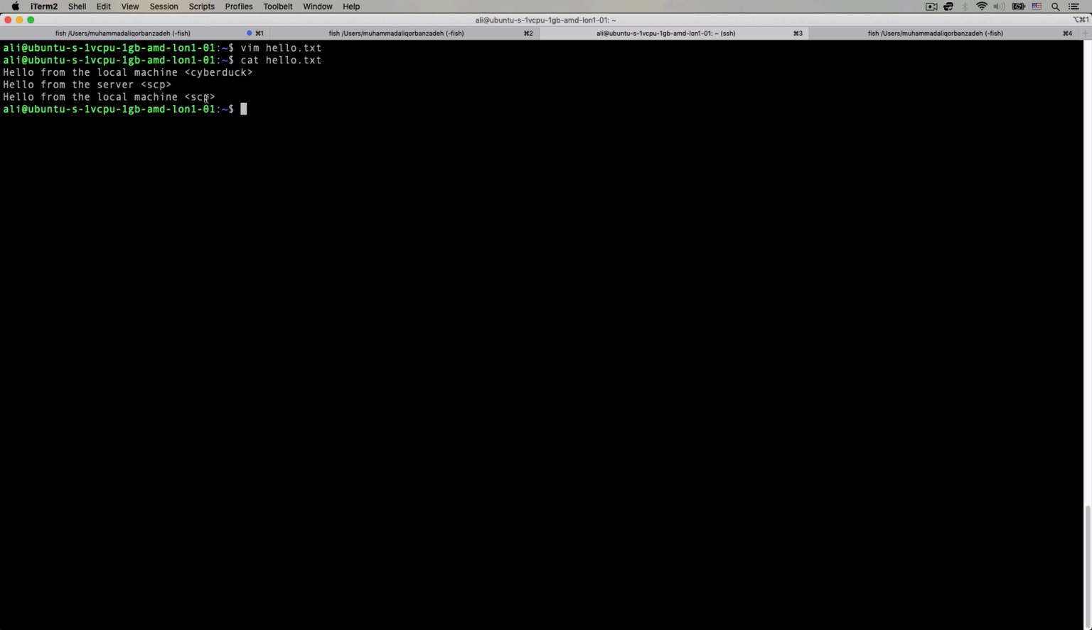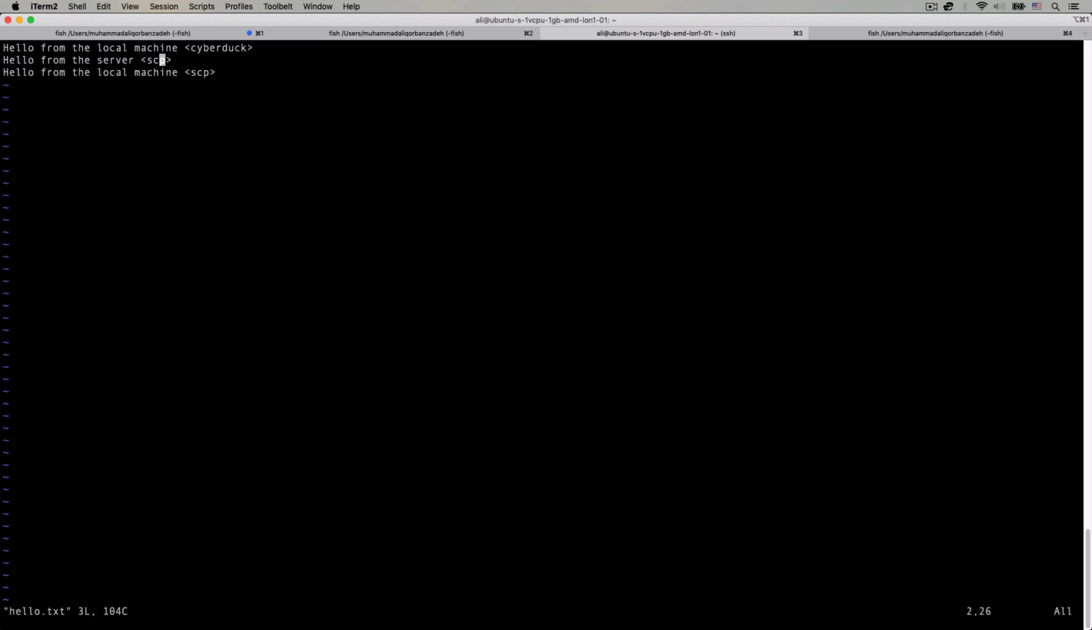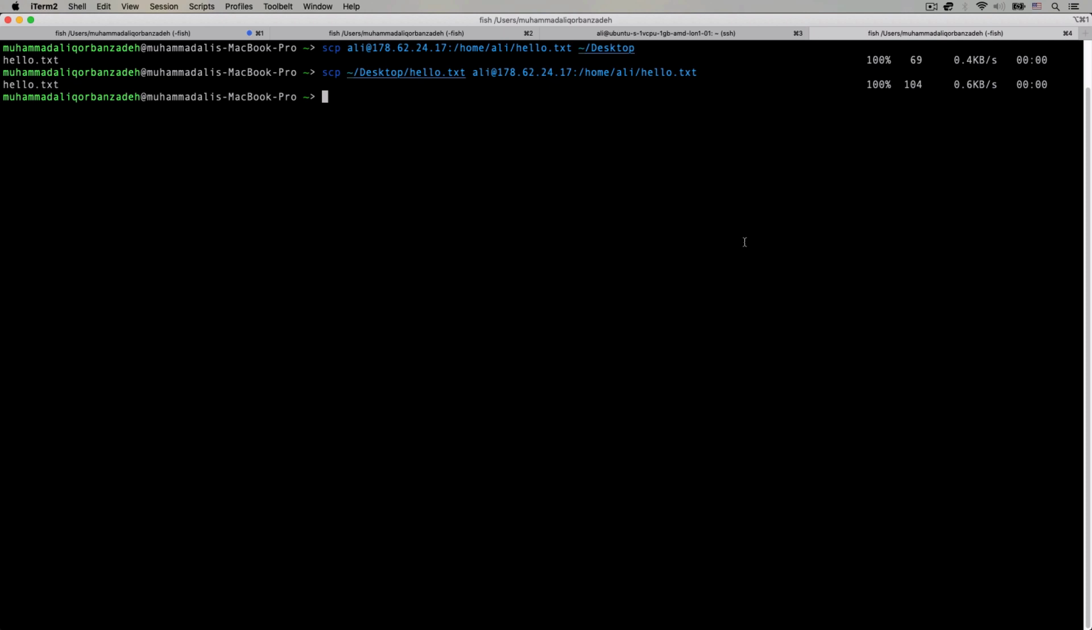Let's use rsync for transferring files. To use rsync to send out our hello file to our local machine, let's first edit the file. So vim hello.txt. Okay, if you use Vim to edit the file like me, type o for a new line, then type hello from the server. This time rsync. Escape, :wq to save and quit,